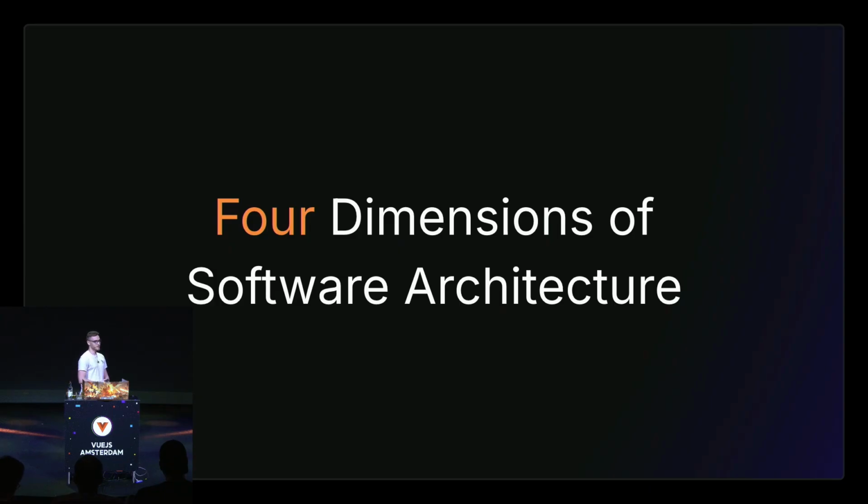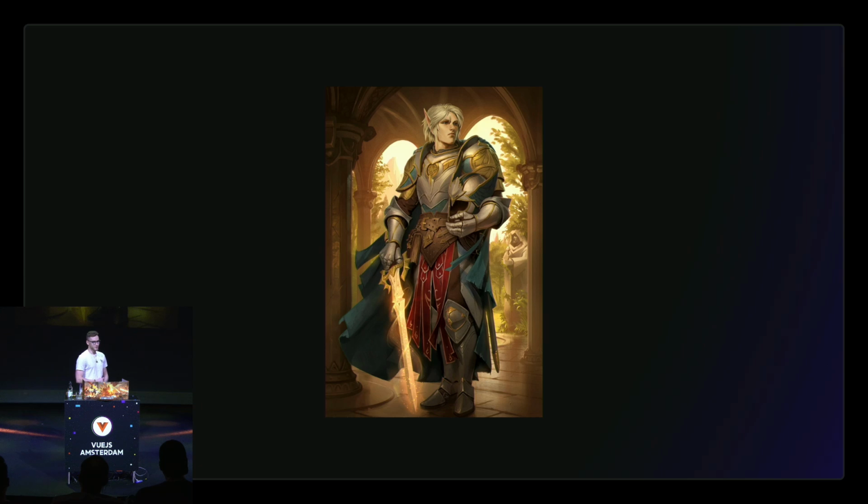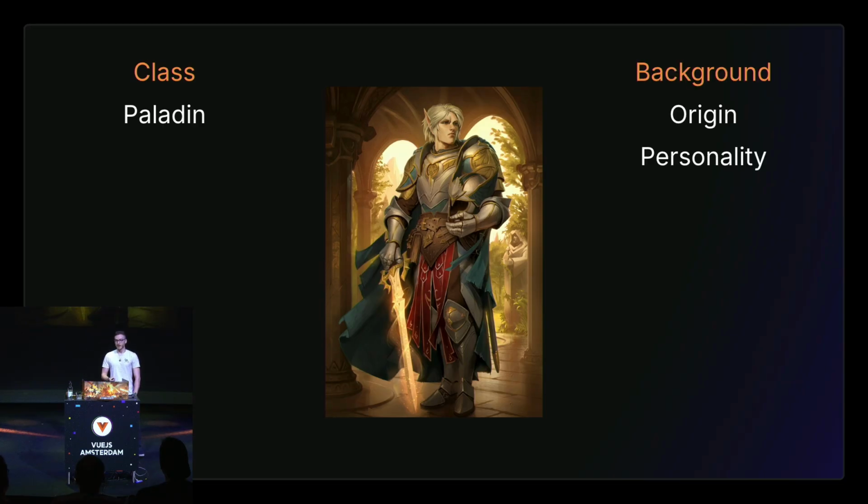And there are four main dimensions of software architecture, and to explain all of them, I usually like to bring an allegory of a D&D character class. So let's take a look at this handsome guy here. He is holding a shiny sword, wearing a big iron armor, and also holding a winged helmet. So this guy certainly has a class. My personal favorite, he's a paladin,